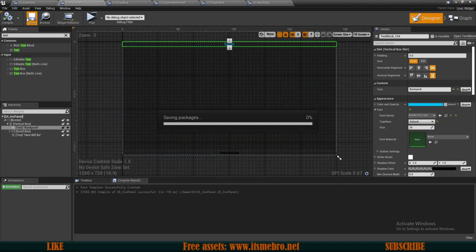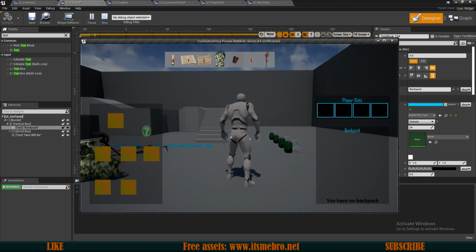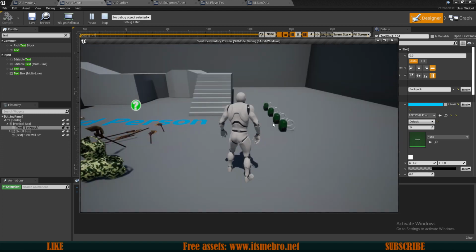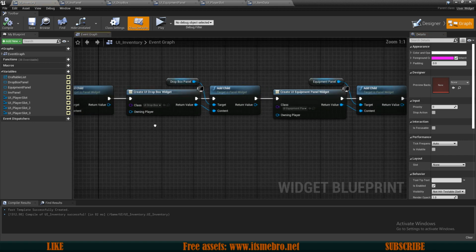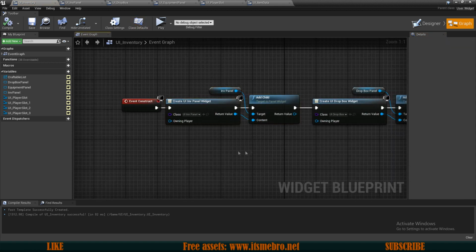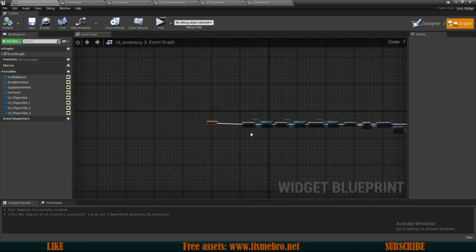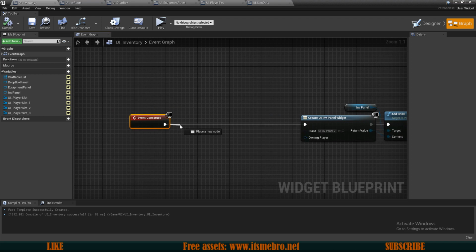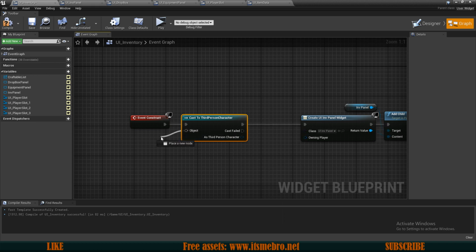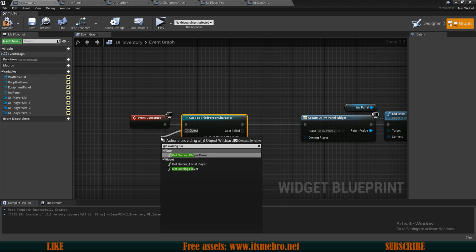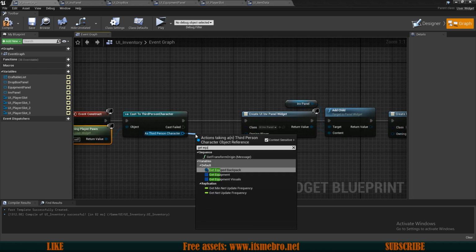And also one more thing that I want to do is I don't want to display our backpack if we don't have one. So let's change this functionality up a little bit in our UI inventory. Let's look for a place where we spawn it. That's right here. So what I want to do over here, let's see, do we cast to our character? No, we do not cast over here to our character. So let's do so. Let's cast to the third person character. Let's get the owning player pawn,